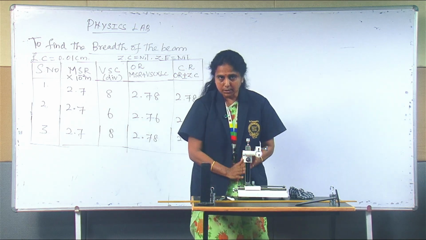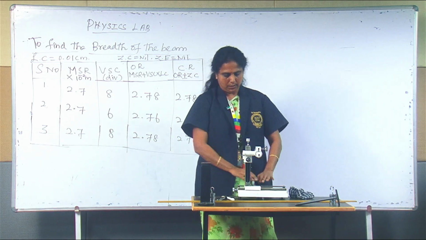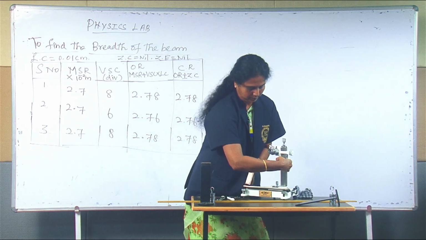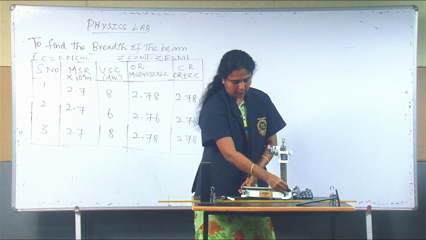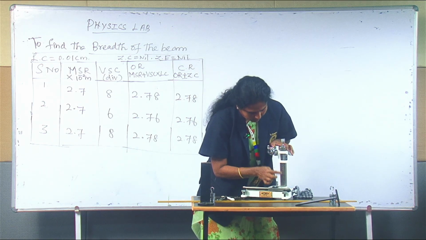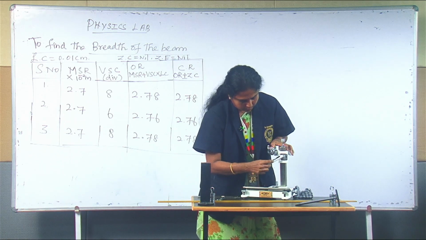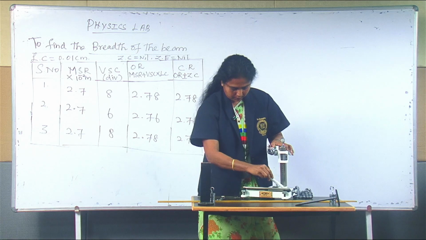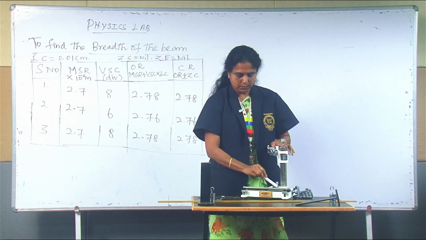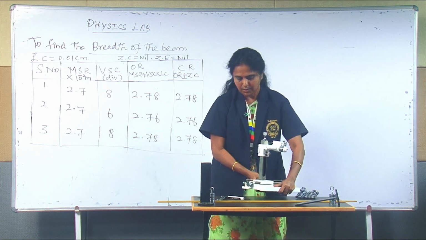And this is a vertical scale, and there is a horizontal scale. In both the vertical and horizontal scale, see, this is the horizontal scale and this is the vertical scale, and in the vertical scale this is the main scale and this is the vernier scale. Okay, this is the main scale and this part is the vernier scale, and here this is the main scale and that small part, which is written as vernier, is the vernier scale. So that is in the traveling microscope,